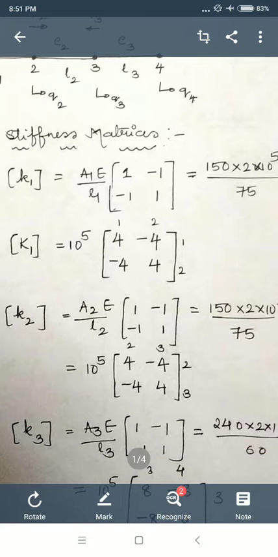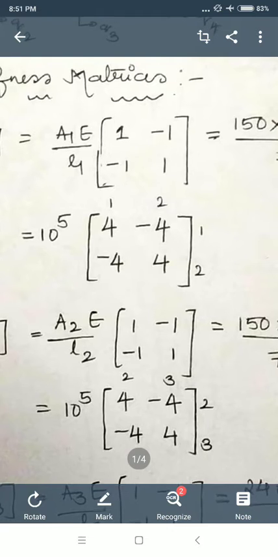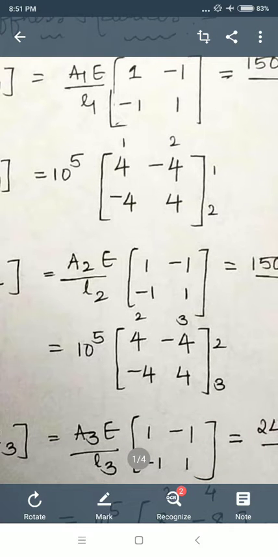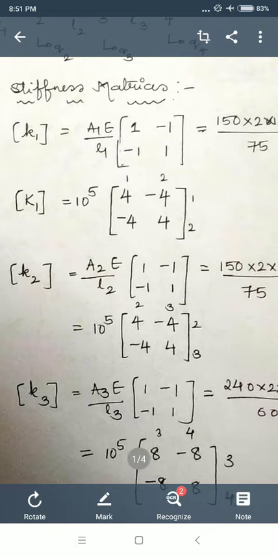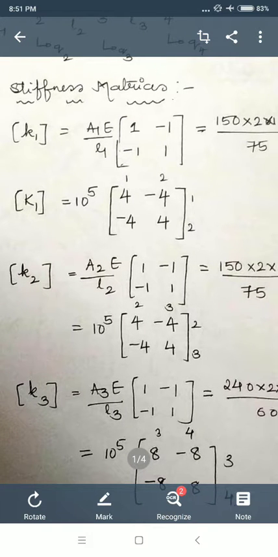That we are getting as again 4 into 10 to the power of 5. Here also I have taken 10 to the power of 5 outside and 4 I have multiplied inside now. Now K2 becomes 10 to the power of 5, 4 minus 4 minus 4, 4. Similarly, find K3 also. One important thing we have to observe here, I will take K1 here and I will